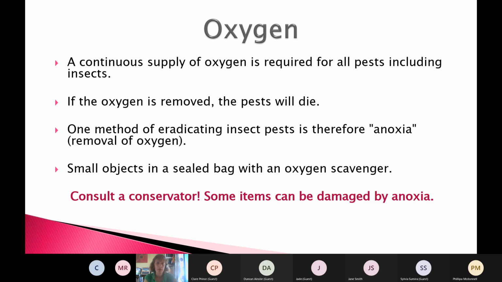So if we have a think about oxygen, and how the oxygen part of things works, oxygen might sound like a bit of a challenging one. I mean, it's all around us. We all need this to breathe, and pests need it as well. If we take out the oxygen, then the pests don't survive. So one thing that we can think about is actually on a small scale. If you have a small object that has pests present, you can seal that object into a bag with something